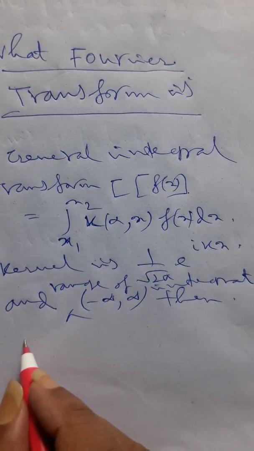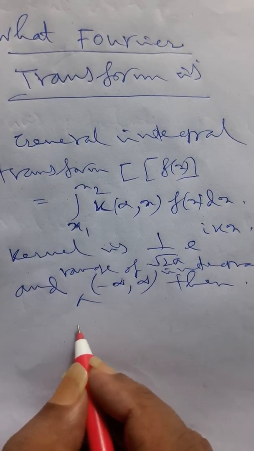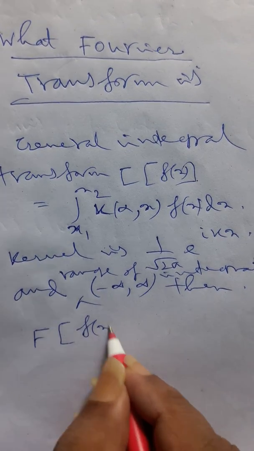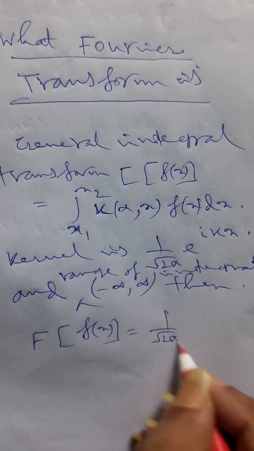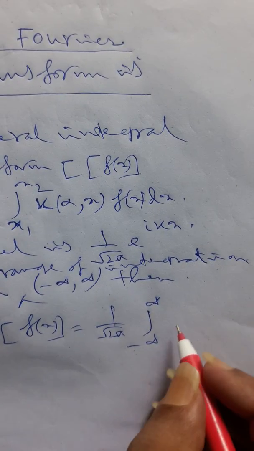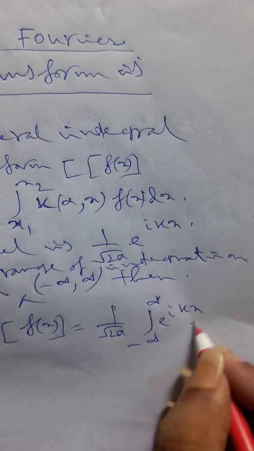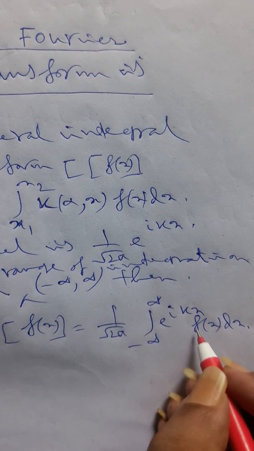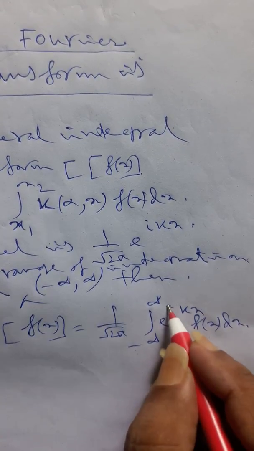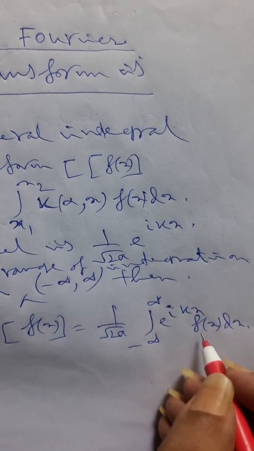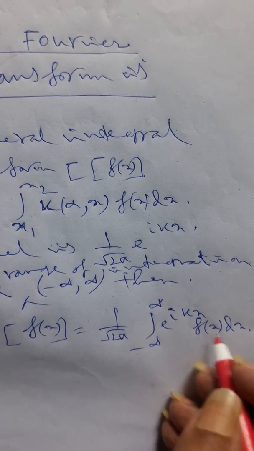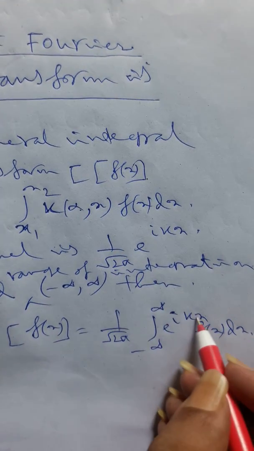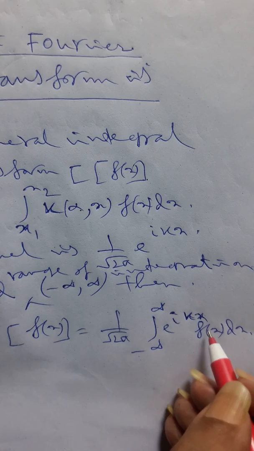Then this general integral transform can be replaced as the Fourier transform F of f(x) is equal to 1 by root over 2 pi, integral from minus infinity to infinity, e to the power ikx f(x) dx. Here clearly this e to the power ikx is defined as the kernel of the Fourier transform, but here we considered the parameter alpha, which is already replaced by the parameter k, so